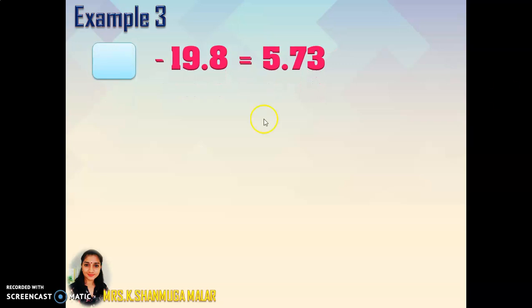Now teacher is going to teach you an unknown number sentence. Here we have the unknown. Minus 19.8 equals 5.73. We can place any symbol for this place. So teacher is using an unknown symbol. And once there is an unknown, we can't write the next number over here. So we must write this number